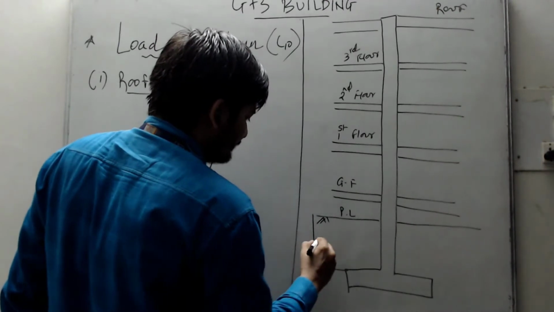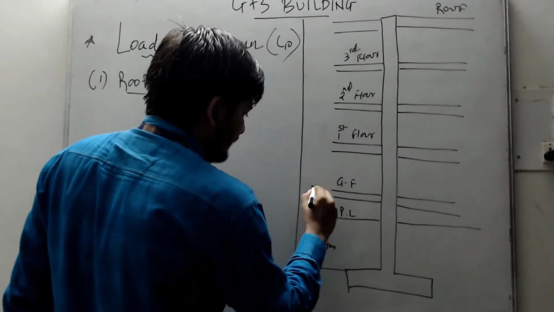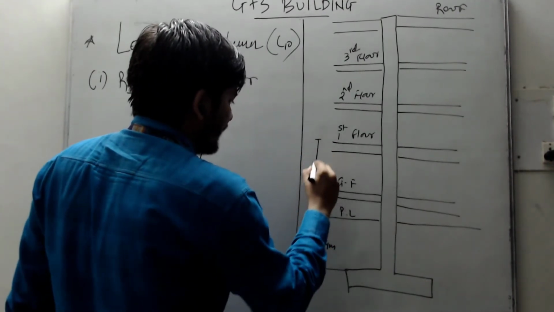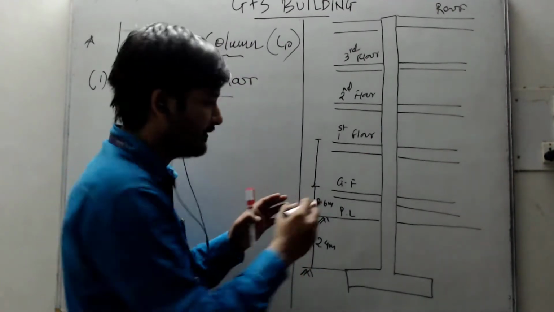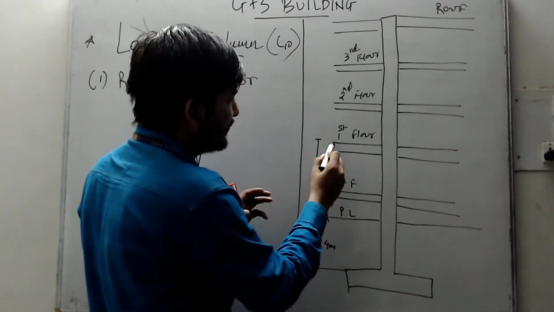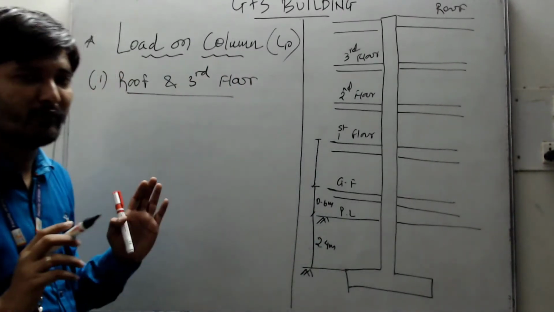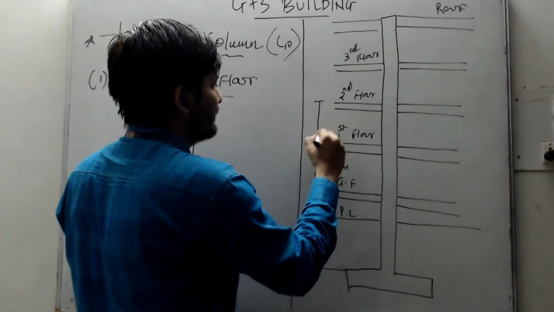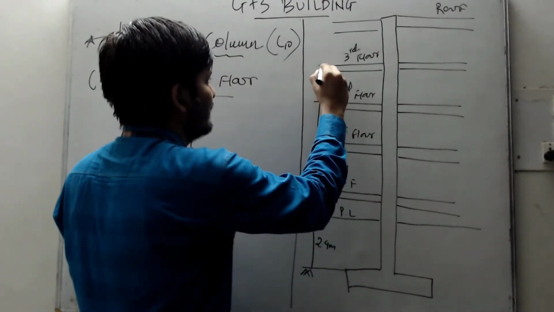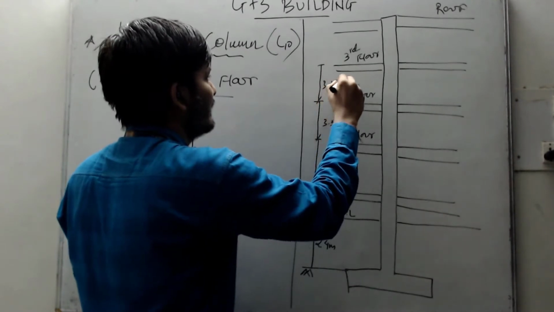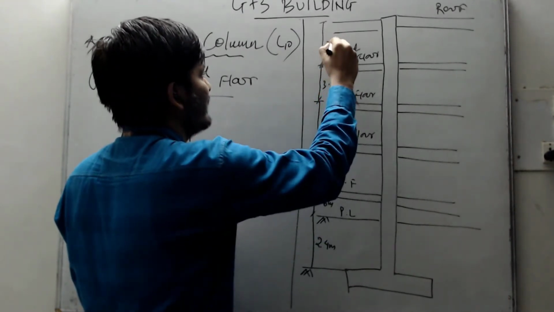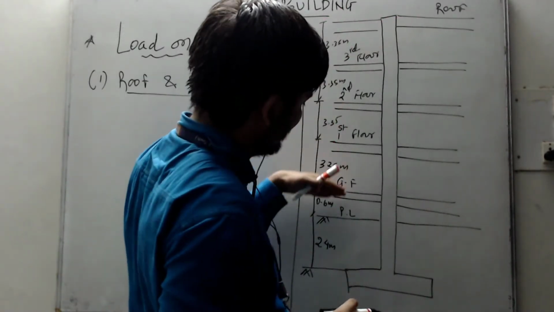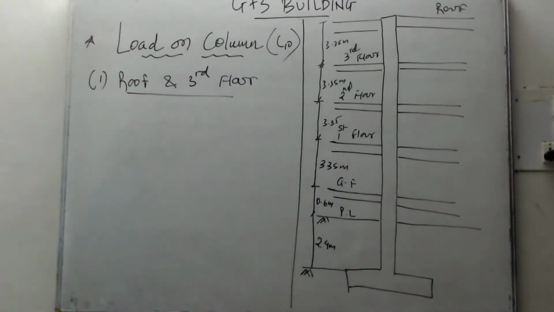This is to be given in the data. This height is 0.6 meter, and then the floor to floor height. You can see how the floor to floor height is considered from the top of the ground floor slab up to the top of the first floor slab. That is how you consider the height. So this is 3.35 meter. Again, this is also 3.35 meter. All the heights are the same, and the last is again 3.35 meter. So starting from roof, then third, second, first, ground floor, plinth level, and the last is foundation.